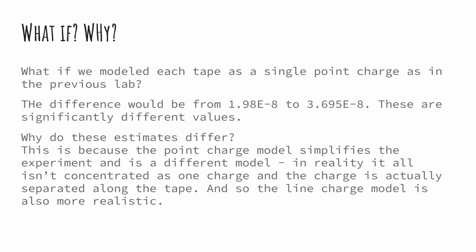Lastly, the what-if and why questions, right? What if we modeled each tape as a single point charge as done in the previous lab? The difference I've already sort of shown in the results screen: there are two significantly different values, so clearly those models produce different results. And why do these estimates differ? That's because the point charge model simplifies the experiment, and it's a completely different model to the line charge model. In reality, it's a lot truer to the line charge model. There are still some inaccuracies. For example, we assume the charge is equally spread out, and that might not necessarily be the case, but ultimately